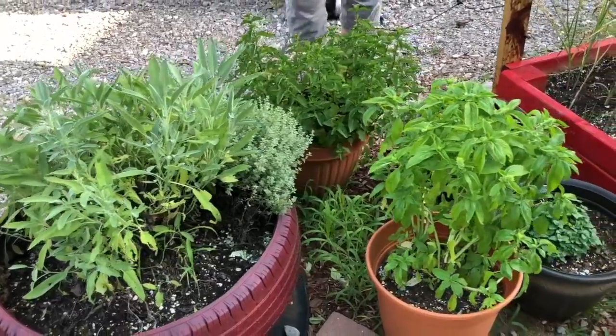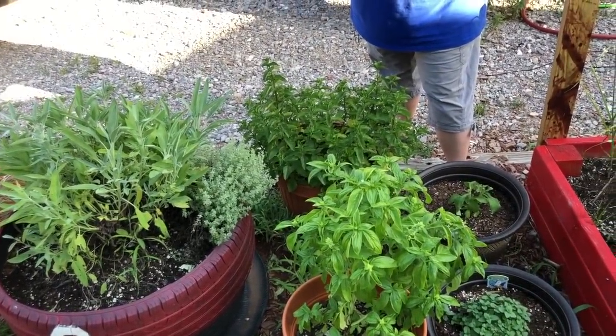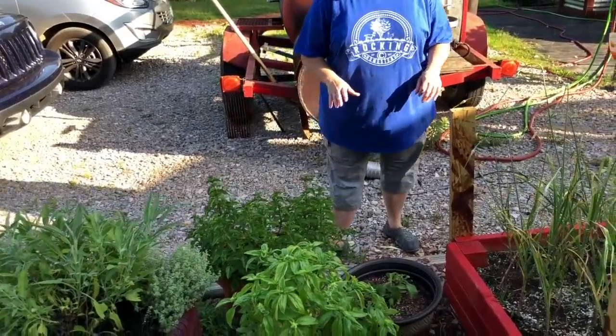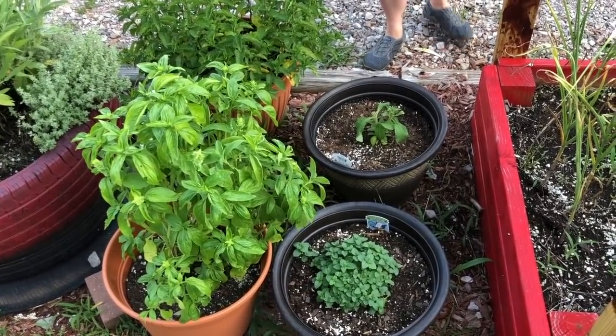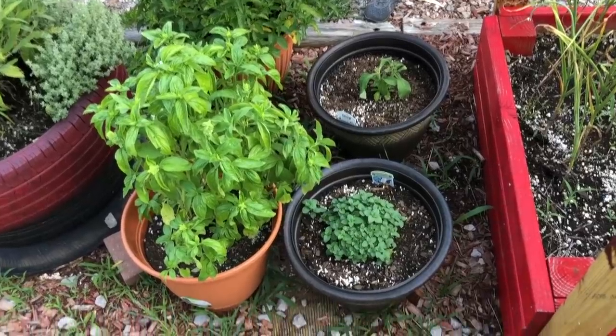On down the way here, we've got some spearmint and some basil. We tried both of these last year, but we couldn't keep them through the winter, so we've restarted them again because we love these two particular herbs. And then brand new, because we've learned that really your garden is never finished. So brand new, just planted this week, we've got a stevia plant and some chocolate mint that we want to